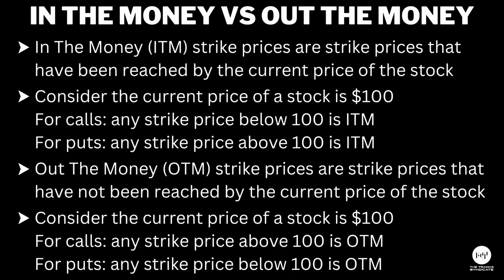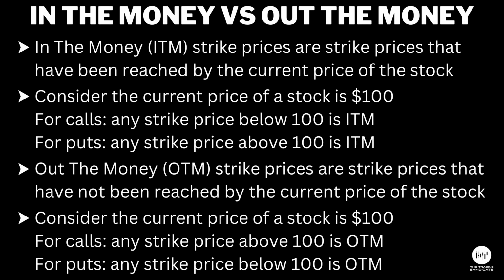For example, if a stock is currently priced at $100 and we are looking at call options for that stock, in the money strike prices would be those strike prices below 100, being that these strike prices have already been exceeded by the price of the stock. Likewise, for puts for this same stock, in the money strike prices would be all strike prices above 100, being that if we are looking at the stock from the perception of a downside move, all of the strike prices above 100 would have already been surpassed. The deeper in the money a strike price, the more expensive it will cost to purchase that contract.